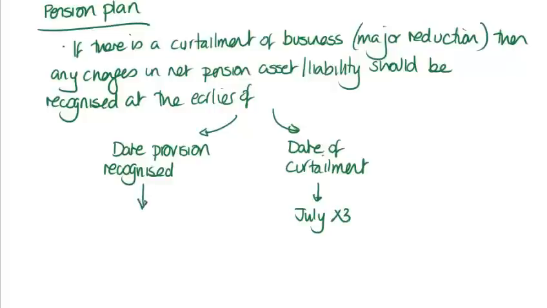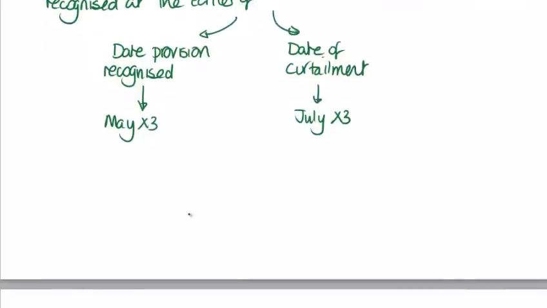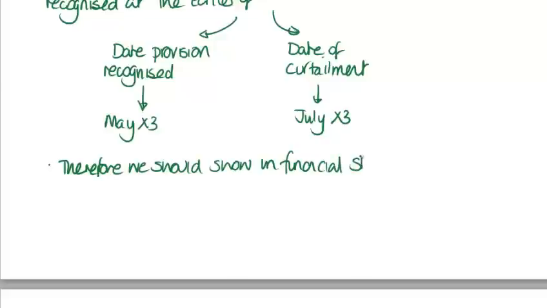Now it says here the date of the curtailment is going to be July X3. When are we recognising the provision? We've just done those calculations, haven't we? And we've recognised the calculations in May X3. Therefore, we should show in the financial statements for the year ending the 31st of May X3,